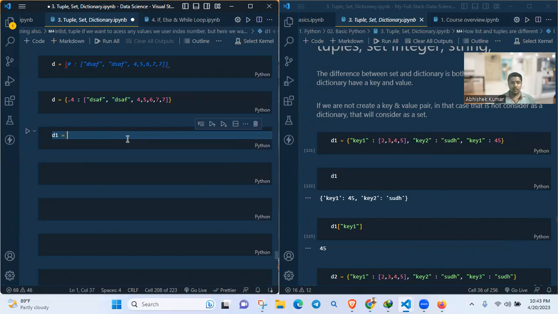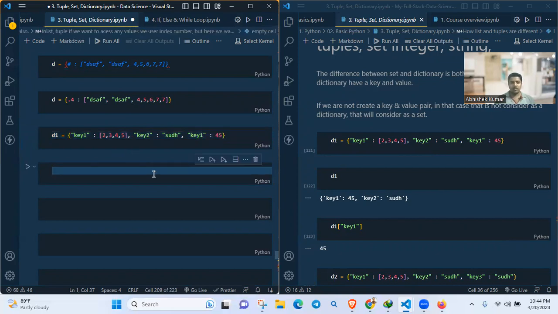D1 equals curly bracket, key 1 colon [2, 3, 4, 5], key 2 colon Sudha, comma, E1: 45. D1 we get here,